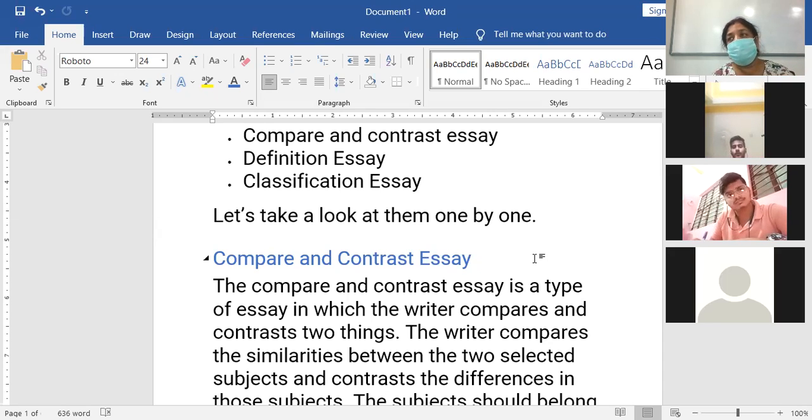किसी 2 चीज के बारे में तुलना होती है, compare करती है और किस तरह से different है, किस तरह से similar है. For example, if I ask you to write about the differences and similarities between you and your sister, how will you write? There are many ways wherein you can write the expository style. If the question comes, give an example, you can take an example to compare and contrast. What are the similarities and differences between you and your friend?